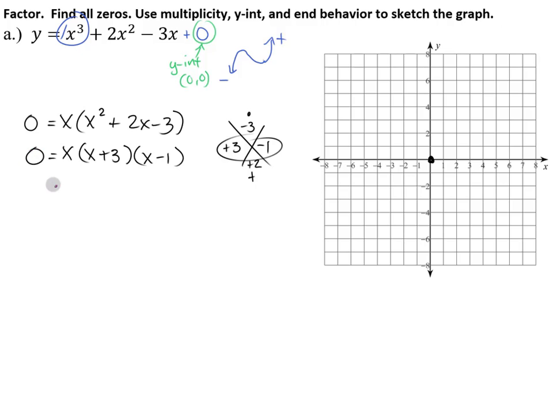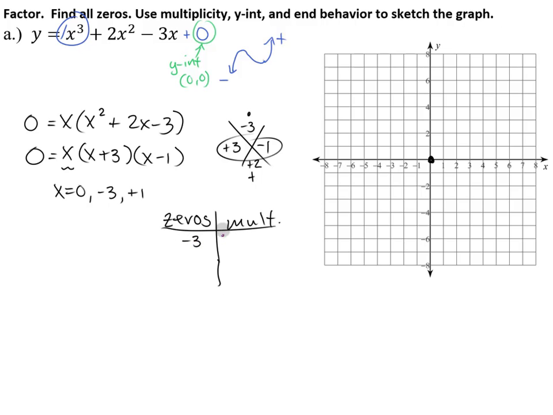Okay, and if I set each of these equal to 0, we're going to get x equals 0. From this factor, we're going to get x equals negative 3. And from this factor, we're going to get x equals positive 1. So our zeros and their multiplicity, because they all occur only one time, it's going to cross at all of